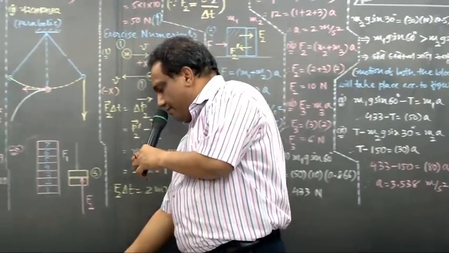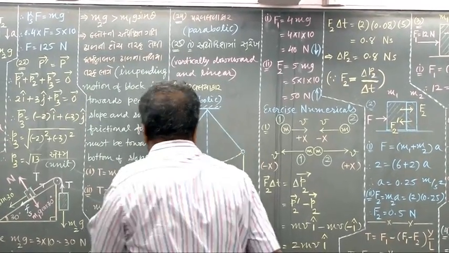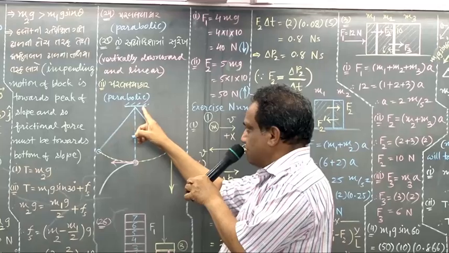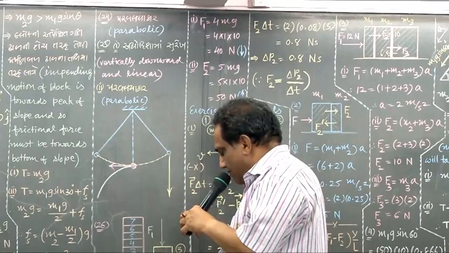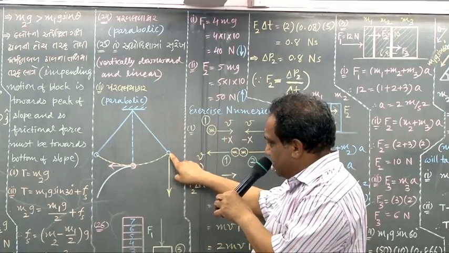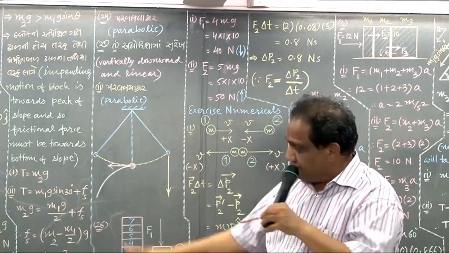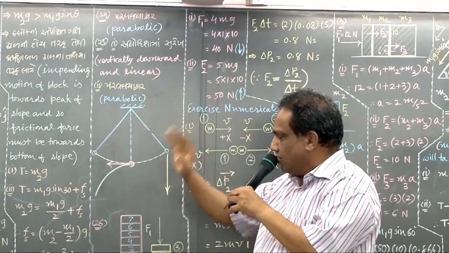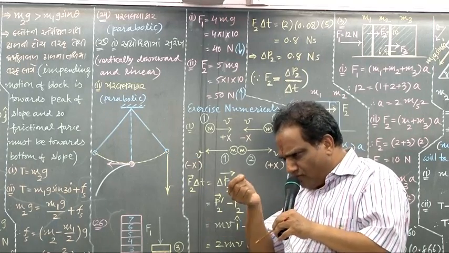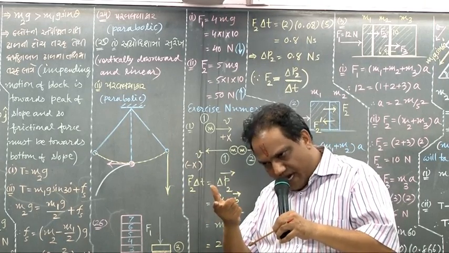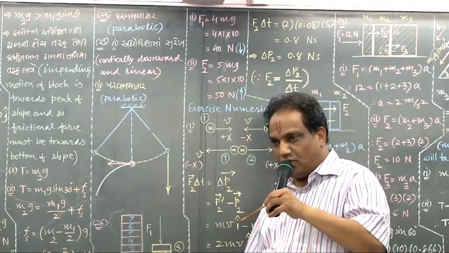This pendulum is swinging. This spherical bob, which is suspended with the help of a string, is swinging. Okay, fine. Now what we do, when it reaches the end point, either this or this, suppose this, we cut the string, or suppose somehow the string is getting broken. Then, when it comes here, for a moment it comes to rest. At the end point, it will come to rest for a moment. And at that very moment the string is getting broken.